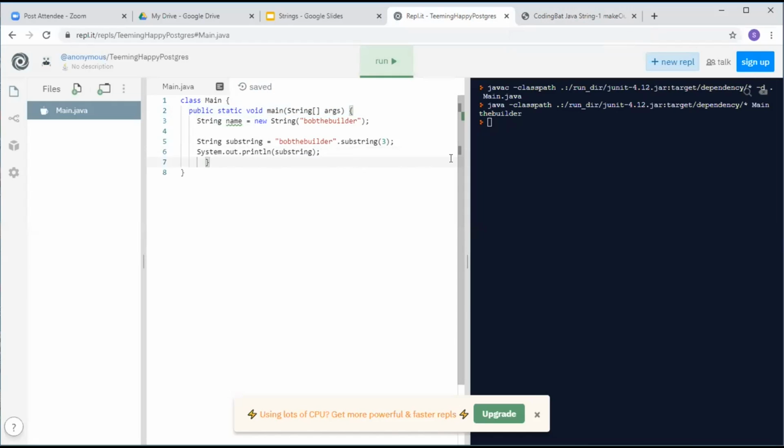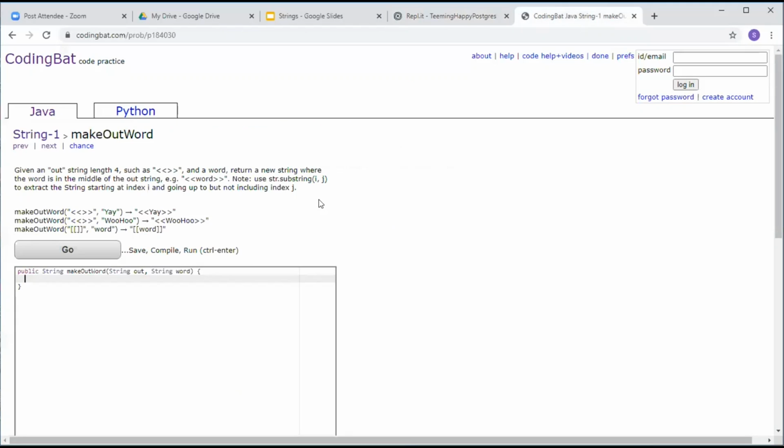Can I use Repl.it to do the code later? For this class, sure, because all of this is string and none of it has to do with object-oriented programming. Okay, so